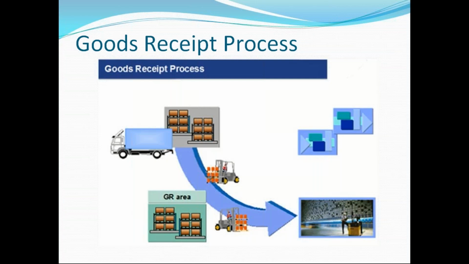So whenever we are creating the TO, the system will by default understand where the destination bin is and will specify to the warehouse operator where he needs to put away this particular material. So the warehouse operator has no need to think; he just needs to pick the transfer order, scan the material and understand the source bin, so that he picks the material from the source, then the destination where he needs to put away the material,